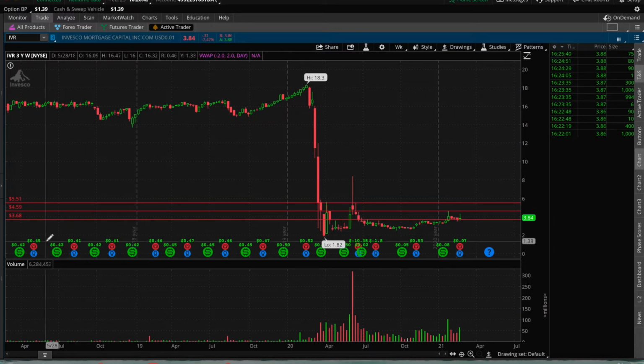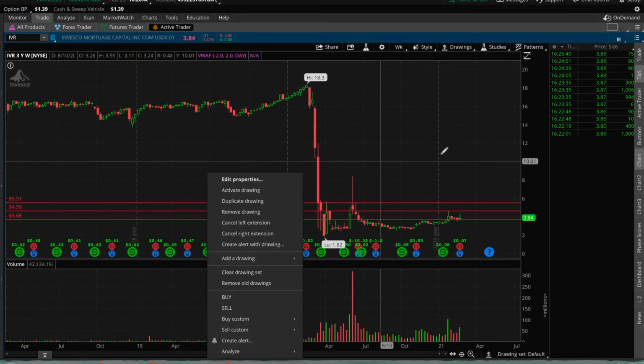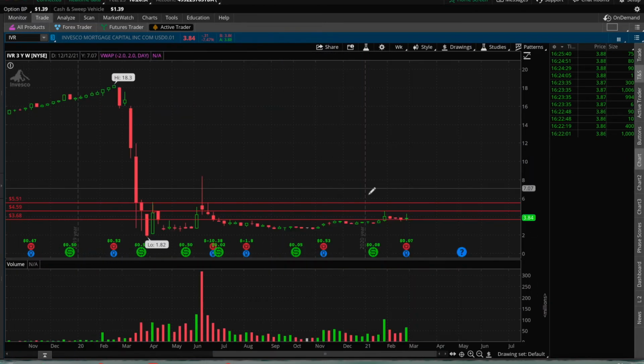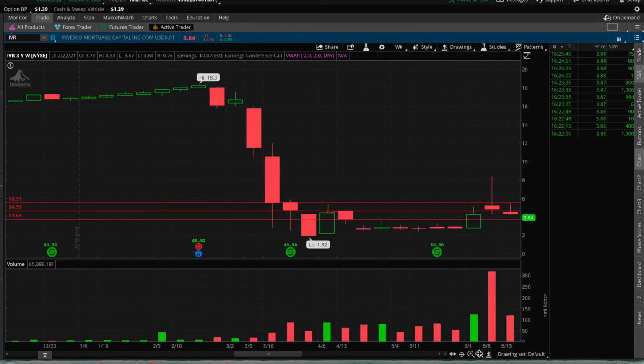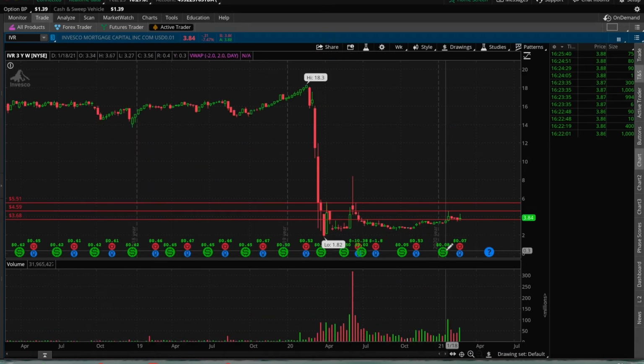This company was steadily bringing in income. Look at all these green. And it wasn't until COVID hit that really just shook things up for the worst. Negative $10. That is not good. But look at this. Oh, and divvies. Divvies are coming back to this negative 50 cents dividends. It's going to be huge. Right now, they're only paying out 8 cents dividends, but obviously, once it's okay,